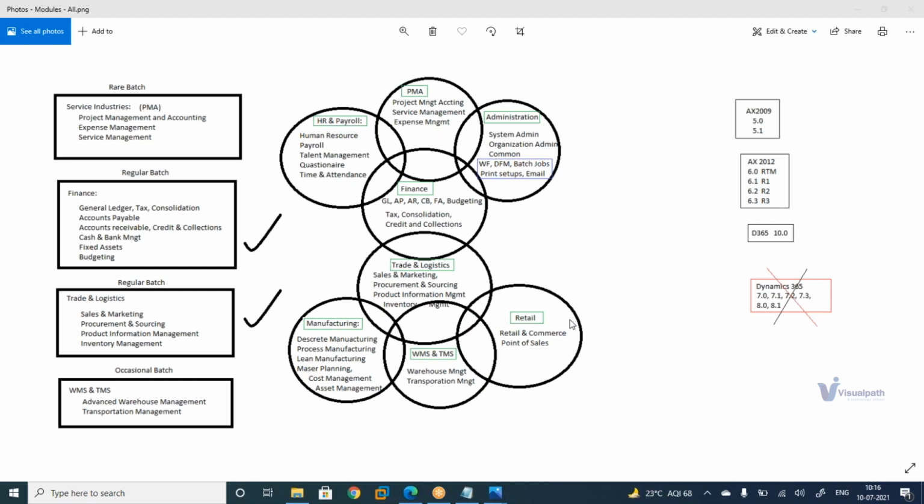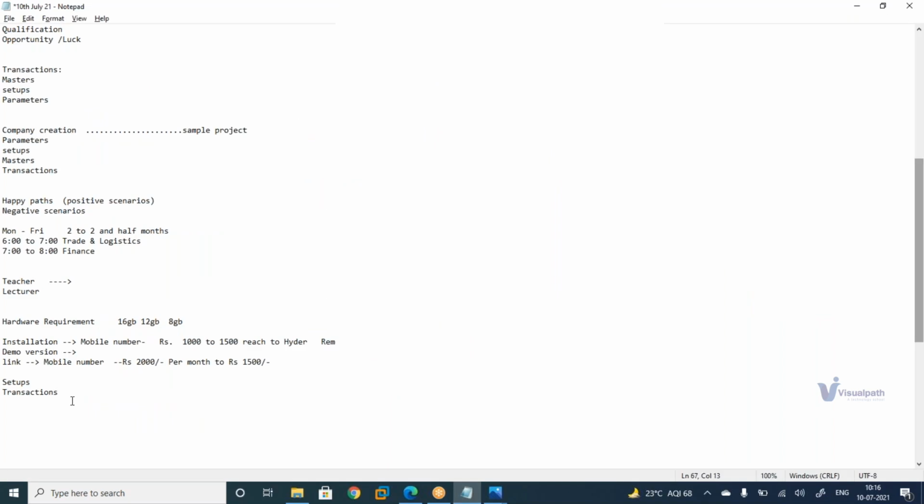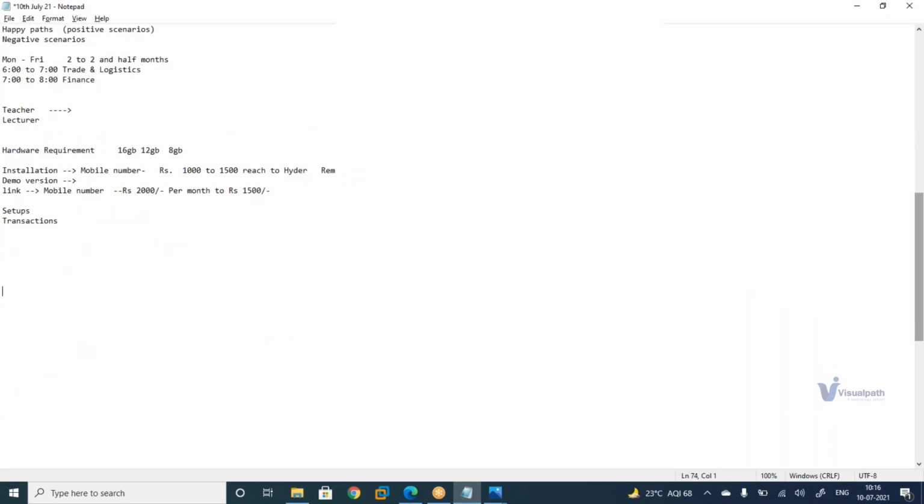Can you speak about product information management or the sales part? What are the topics you're going to cover? Okay, fine, right. Suppose in trade and logistics, first you need to understand the sales order process, purchase order process,